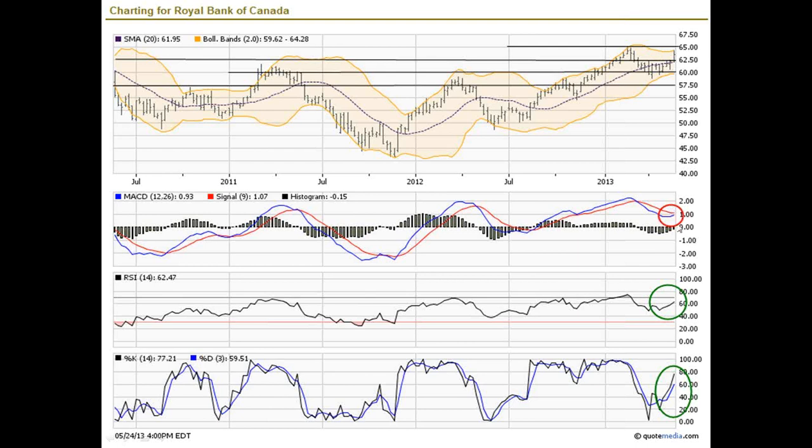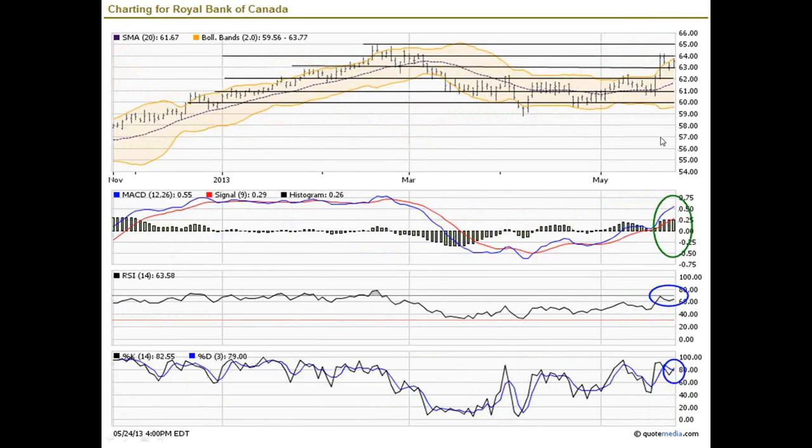What's good to note is the MACD beginning to turn up, which is a great sign, especially since it's on the positive side. And we have the histogram showing small and smaller bars. So that's a good sign. Momentum-wise, things are looking good on the long-term chart. Let's take a look at the daily. Momentum here crossed. I would have put it green, but this is kind of flat, but it's turning up. So there's strong momentum, good MACD and histogram